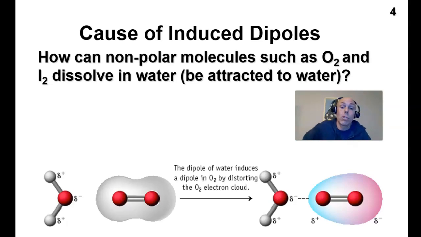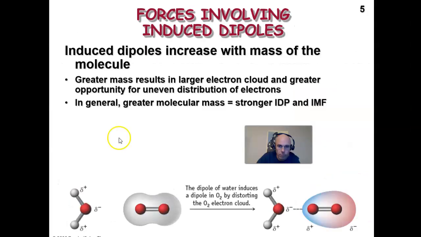They are not as strong, though, as dipole-dipole forces because those induced dipoles truly aren't permanent, and they're never as strong as would be a permanent and always permanent dipole in a polar molecule. This is something you'll hear me say a couple more times in this lecture. It's really key. It explains a lot about nature, which is that induced dipoles, these temporary dipoles that come from electron clouds being unevenly distributed for a short period of time,